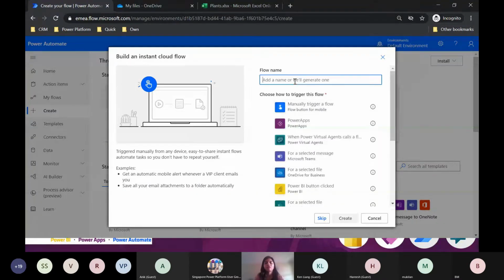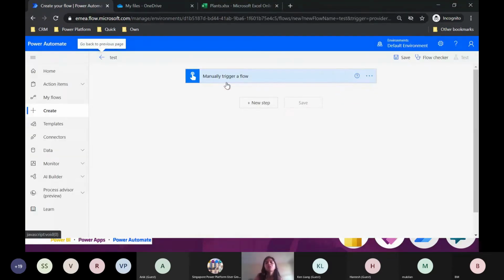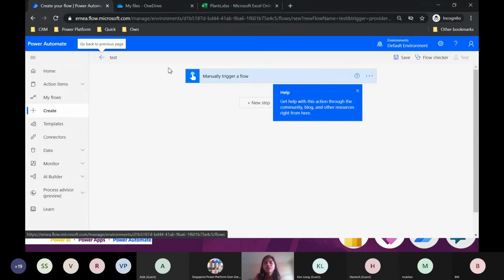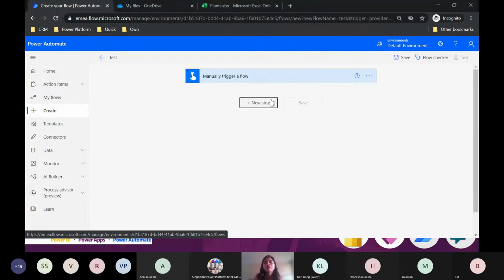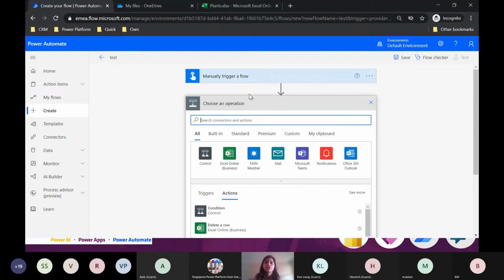So if I give it a name, and it gives me an option of manually triggering a flow, this becomes your instant flow now. And then if you go on create, you will always notice that a trigger has been added for you, and then whenever you add a new step, an action will be created, or you start from choosing conditions. Going back,